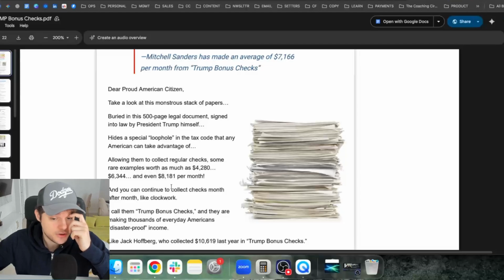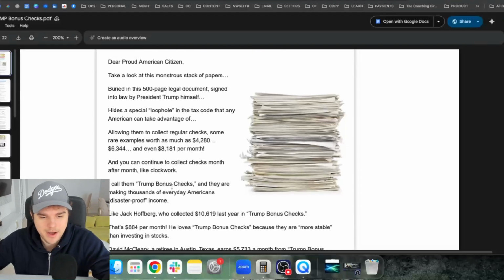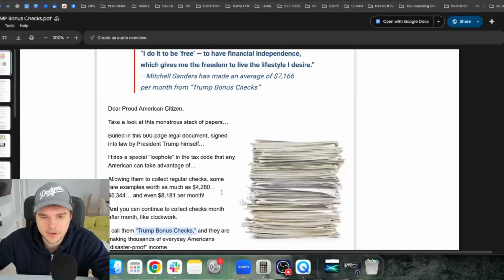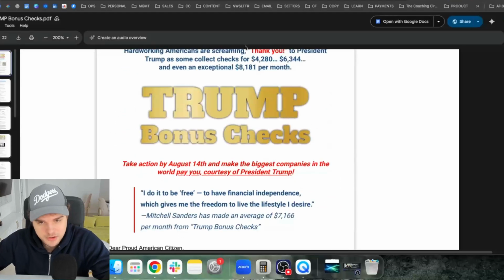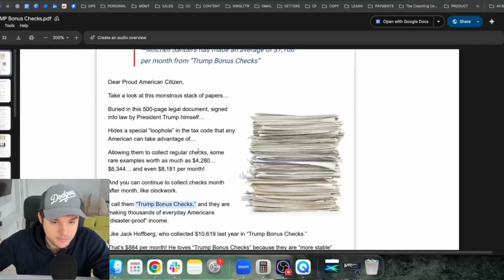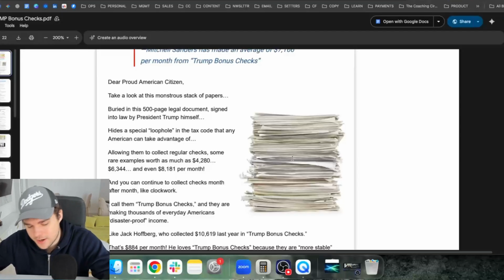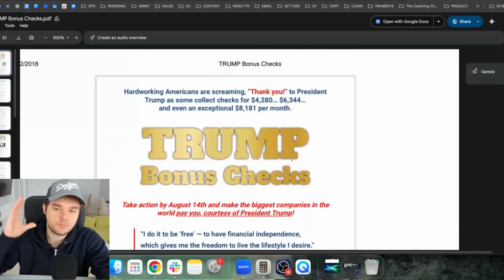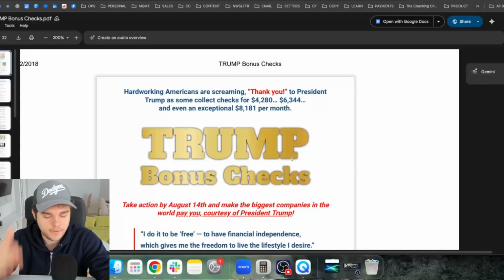And you can continue to collect checks every single month. I call them Trump bonus checks. So again, we have a specific promise, and the unique mechanism is a loophole in the tax code in a 500-page legal document that President Trump has signed himself. Again, this promotion, which by the way has produced millions of dollars in sales by just selling financial newsletters,